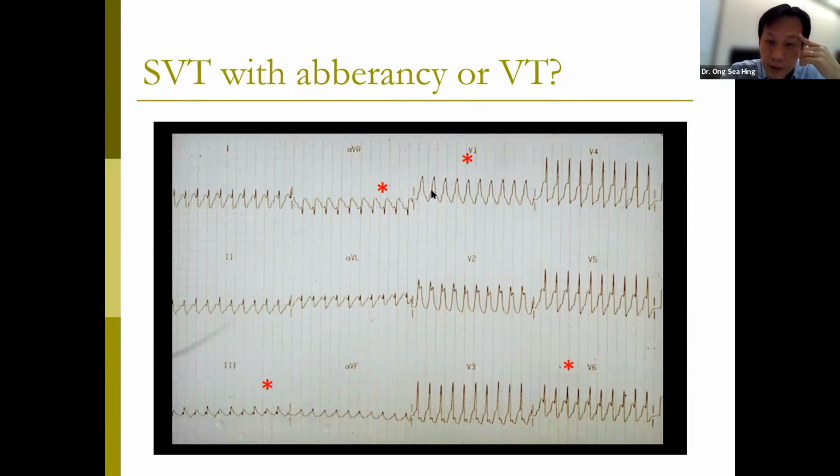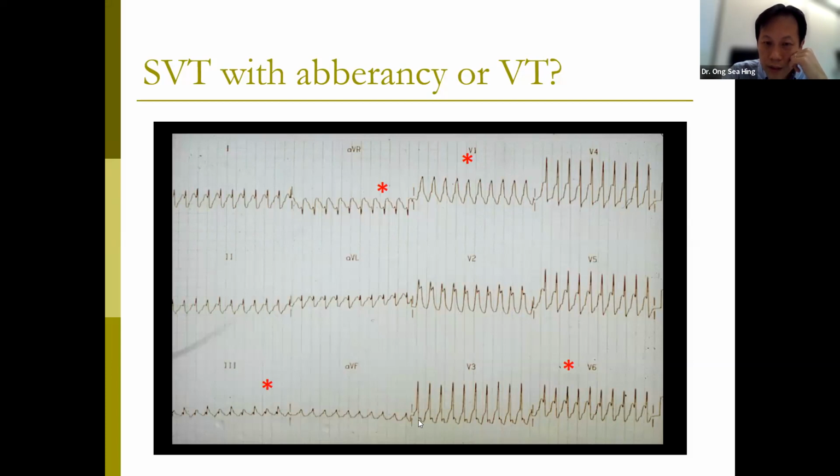This has a right bundle branch type of pattern. Okay, if you look at V1 and V6, is it concordant? It's not absolutely concordant because the S waves are also fairly prominent in V4 to V6, and then the R waves, of course, are tall in V1 up to V4. Axis is not really extreme, and then if you look at these spots here, these may be retrograde P waves,